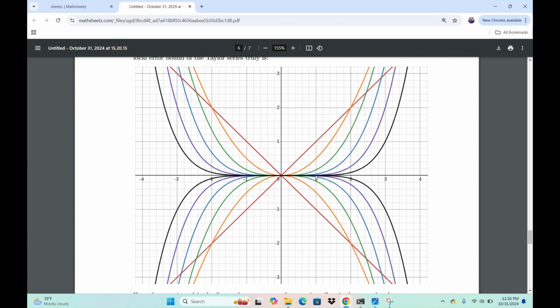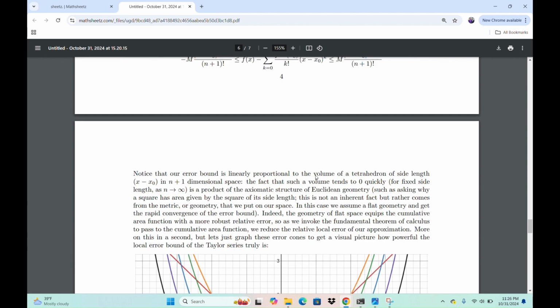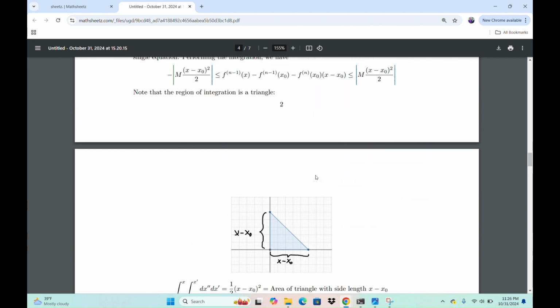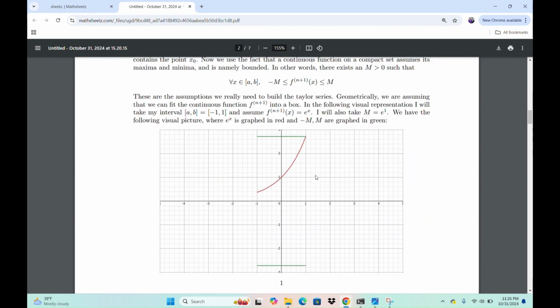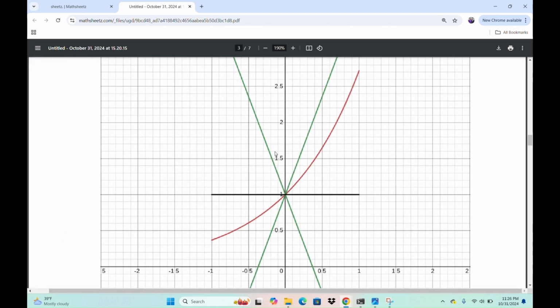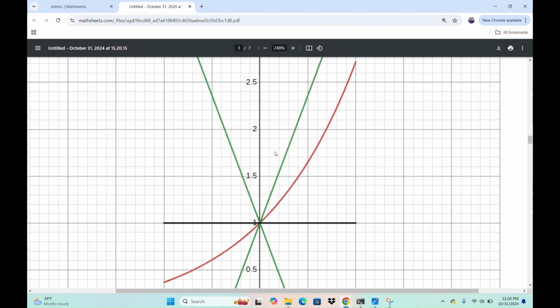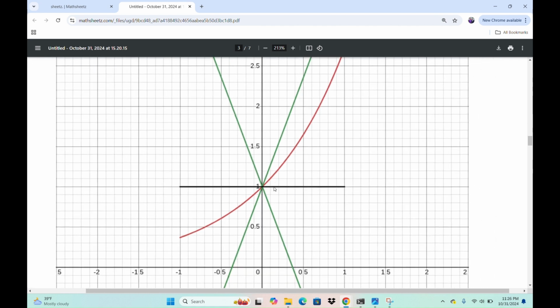And if I look at the cumulative area, if I start with this really, really bad approximation here, okay? If I start with a really, really bad approximation, let's say a zeroth order approximation, and now I start taking the cumulative area function, notice that the relative error of the cumulative area function,